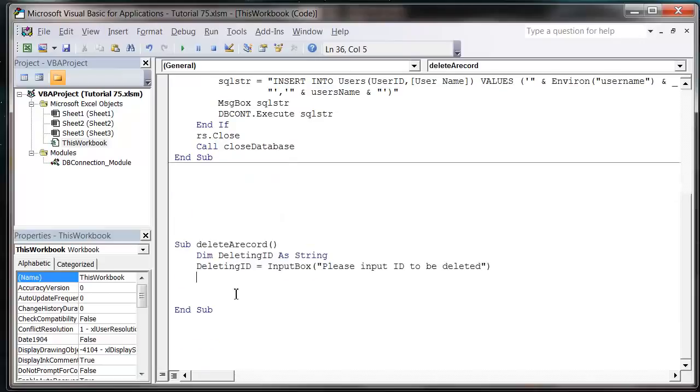And then we just want to create our SQL string, so SQLStr equals, and we want to delete all